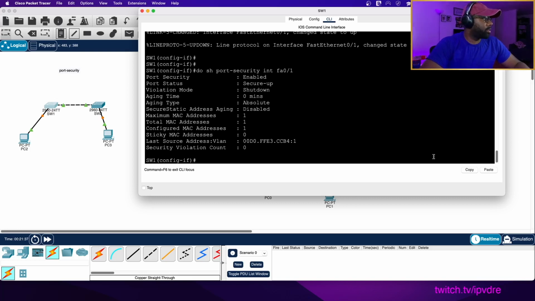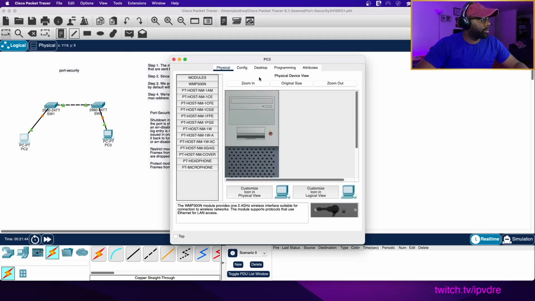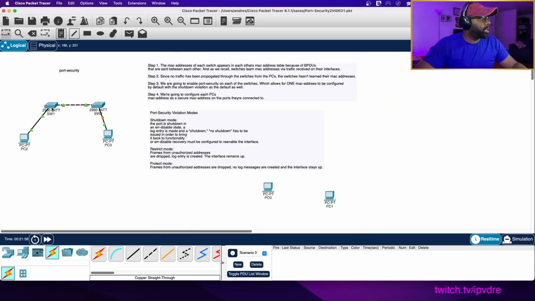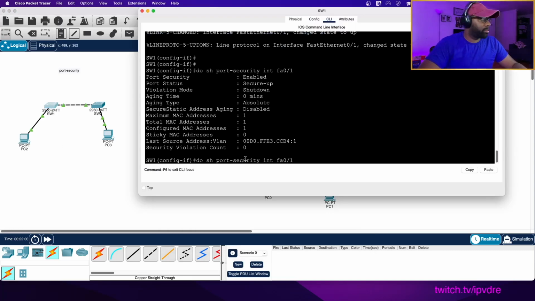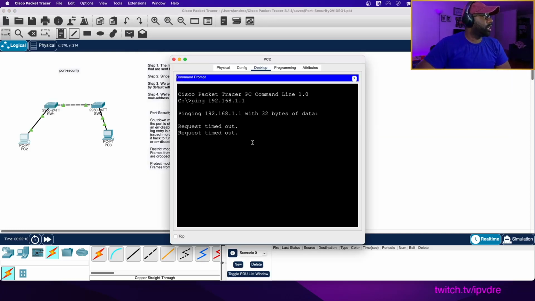Nothing happened yet, right? Port status is secure-up. Nothing happened. We're gonna have to try to generate some traffic. I don't really need to set anything up, I just need to generate some traffic. I'm just gonna ping anything. 1.1 ping, right? But what we're gonna see here now is it's still up. Maybe I should actually configure the IP addresses, but we want it to trigger a